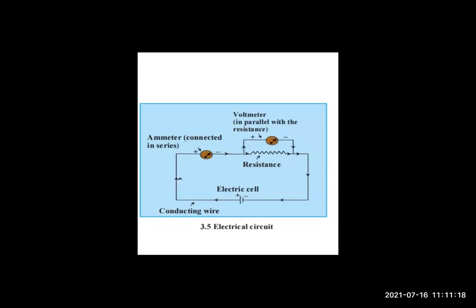Now do you know what the mistake is in the last figure? What is rubber actually? Is it a conductor or an insulator? The bulb is glowing, but what do you think about the rubber band? It is an insulator. So current should not pass, right? Still the bulb is glowing. So what is the mistake here? The rubber is an insulator, still the bulb glows. This is not possible. Correct? So those are the mistakes in the figures.